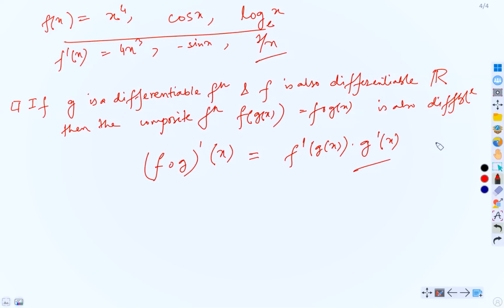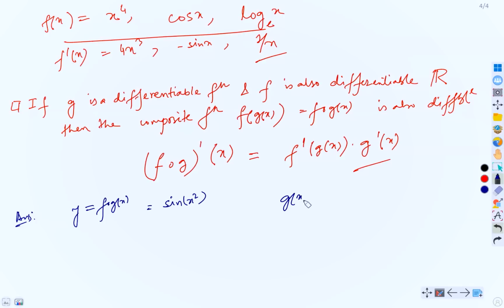But you do not have to worry about this theorem. I am doing some problems now, and you will see that everything boils down to some simple strategy. You just have to remember the strategy to solve these types of problems. Yes. So let us give some example first. Let's take some simple example. Let's say y equals f composite g(x), and this is say sine of x square. Okay, this is a composite function type, right?